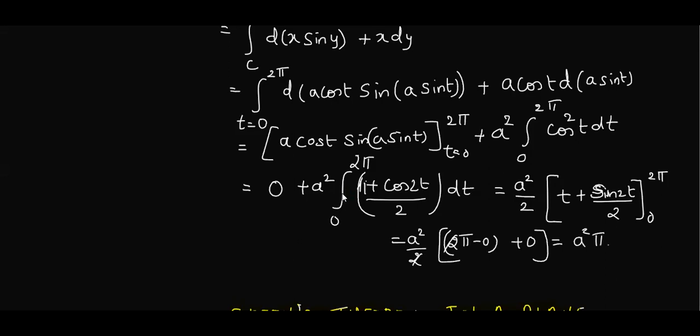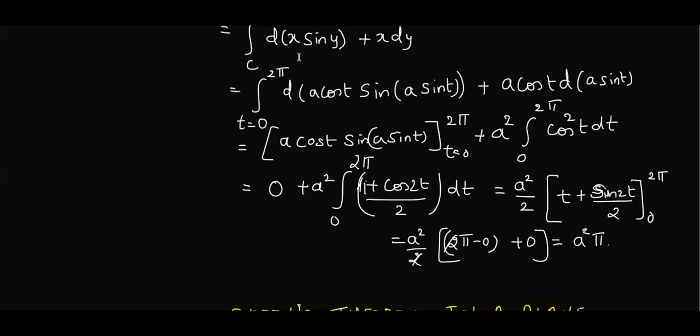Hope you understood this problem. And the typical thing here is, don't substitute the parametric form in the beginning. You should substitute after doing this simplification step. Got it? Yeah, this completes the line integral. From this part, you can expect one question, maybe on line integral or work done. I have covered all varieties of problems. Don't worry, don't get scared of integration. You remember the procedure, how to do it, and if you practice the examples, you will be more perfect. Yeah, this is about the first concept of vector integration.